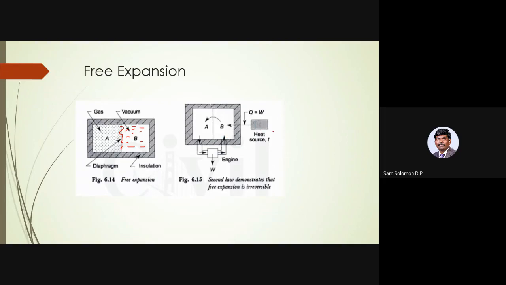இங்க ஒரே ஒரு heat source தான் இருக்கு. There is no heat sink. சிங்கே இல்ல. நான் இங்க ஒரு இன்ஜினை ரன் பண்ணேன். அந்த இன்ஜினை நான் ரன் பண்ணேன். But to supply heat and push it back to its original state, there is only one heat source. There is no heat sink here. Okay, so this once again violates the Kelvin-Planck's statement. So this expansion is also not possible.